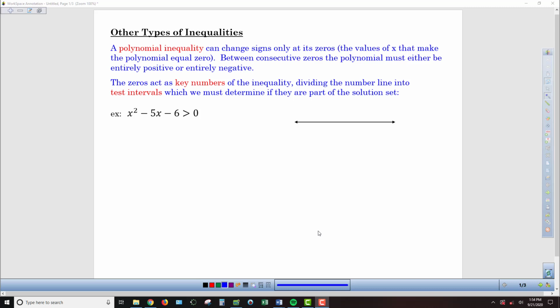Polynomial inequalities, and our last example, a rational inequality, require a little bit of a different approach than our linear inequalities when it comes to solving. Instead of directly finding the boundary values and then immediately knowing which direction based on the inequality symbol that we have in the problem, whether it's going to be to the left or to the right of the boundary values,